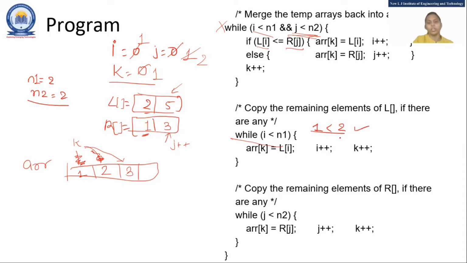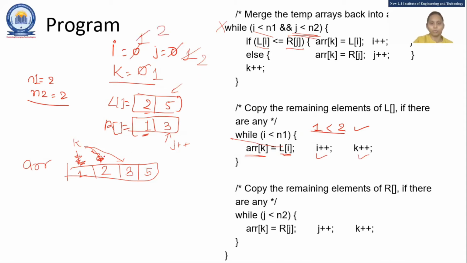Condition is true. It means in list 1, that is N1, we have something which is left till now. So if something is left, then you need to copy all the elements in N1 into your original array. Whatever is here needs to be copied at this place. So 5 needs to be placed here, and then do plus plus of I as well as plus plus of K. But it is our last element.